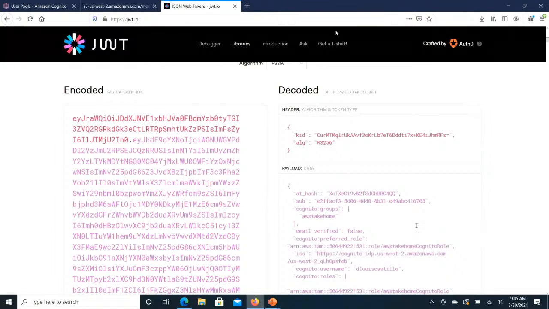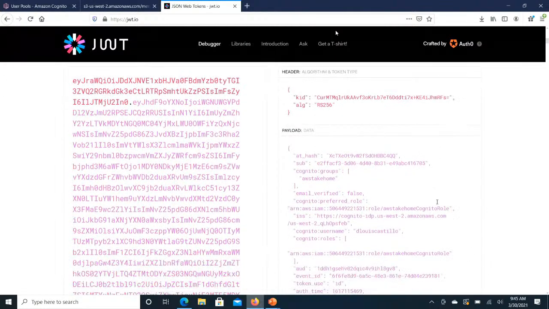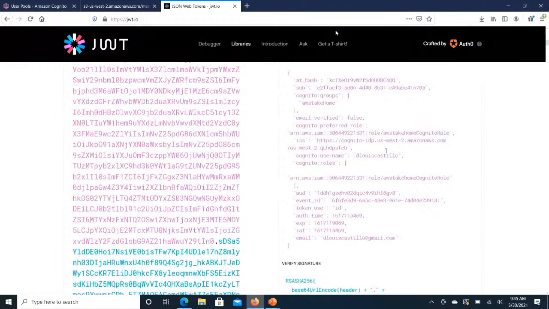All right, so this is what you find inside of a JWT token. It's base64 encoded, it's not encrypted. Anybody could crack it open and look at it. It basically says in here that the username that I logged in with is D. Luis Castillo. It says here's my email address. It has some things like I've been verified, has a group here. I put myself into a group and I assigned myself a role. And this role is what's going to give me permissions to make API calls.